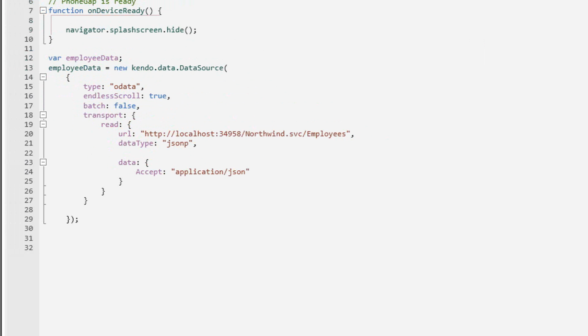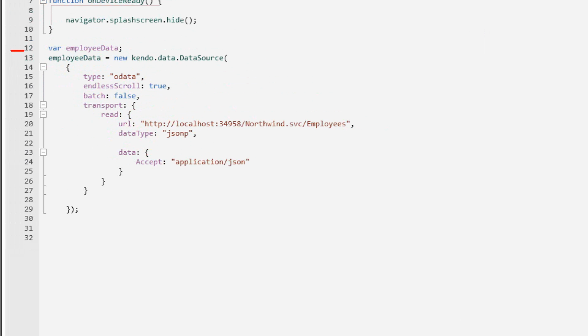If I can show you what I'm doing here, at line number 12, I am just declaring a variable, then I'm creating a kendo.data.DataSource, and then saying, hey, the type of service which I'm going to consume is OData. That is why I'm setting type to OData. I have created a service of type OData. Then I'm saying endless scroll equal to true, batch false means get me all the records in one instant,